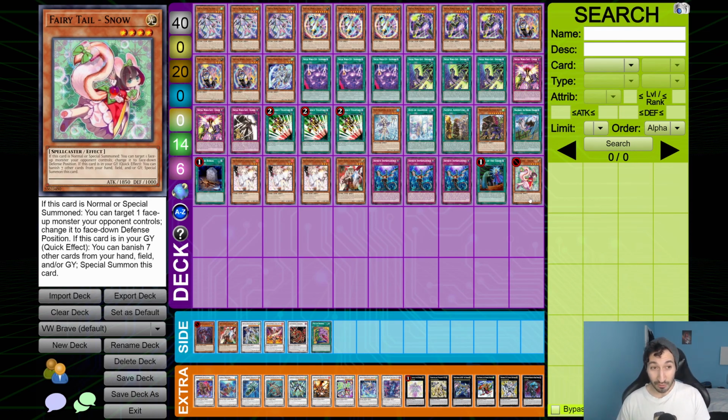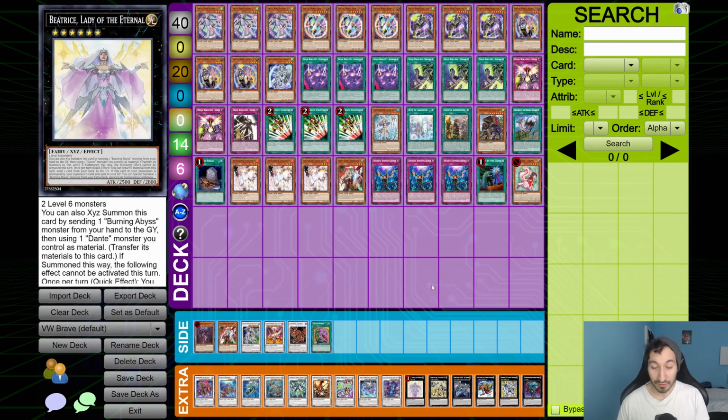Now for Fairy Tale Snow, the inclusion was the last card I included because I was thinking about, okay, how do we make the small world engine accessible if we don't run the full engine, so we draw into it. So my first thought was, okay, in PK I can just go Cherubini, send Enchantress, and then the engine gets going. We can't make Cherubini here because we can't really link summon, but instead we have Beatrice. Now, then I thought, okay, we can make Beatrice to get us into the Brave engine, but then we already